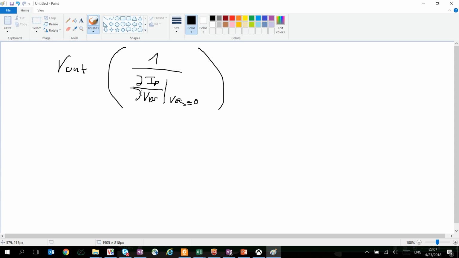So we know that I over V is conductance, and 1 over that would give us the resistance. So that's the R out of the transistor. Whereas for the blocks, we want to know what's the